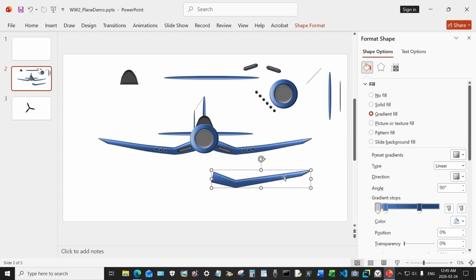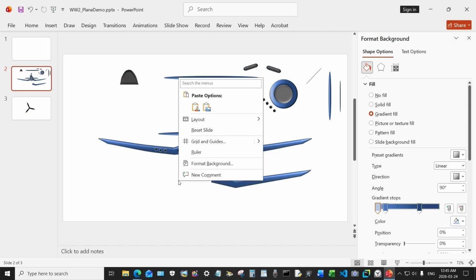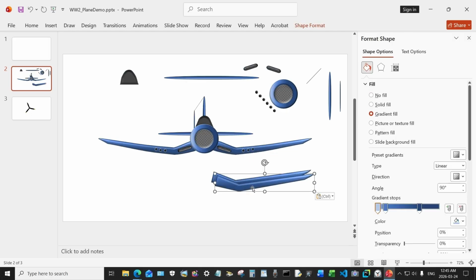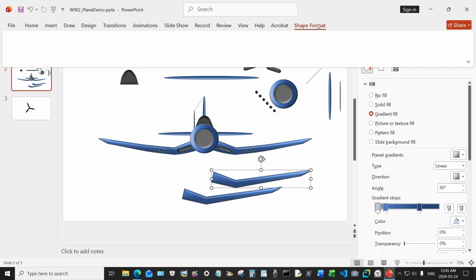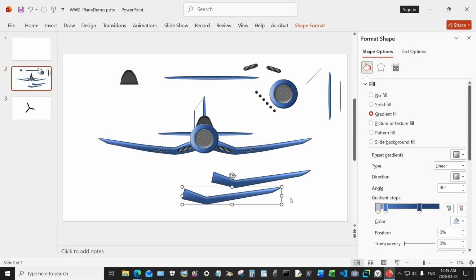Okay. I'm going to say copy, paste, and then whatever size this is, 1.99, 11.82. And move it like this,